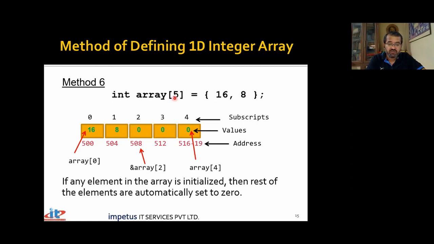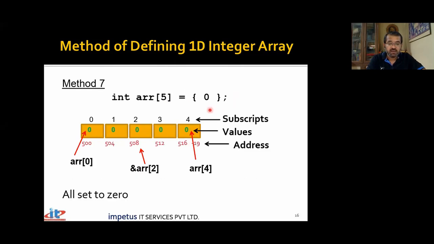So we have only 2 initializers. We have over here 5. So there is no conflict. You are saying create an array of size 5 and you have 2 initializers over here. So these 2 initializers will initialize the first 2 elements. The rest of the elements will have value 0. No garbage value. The first example where we had not given initializers, we had garbage. But now there is a mismatch between the size.